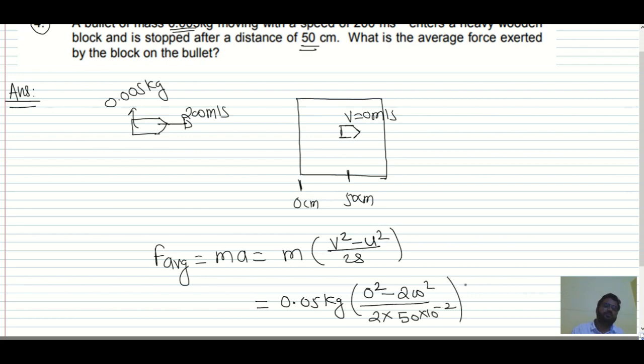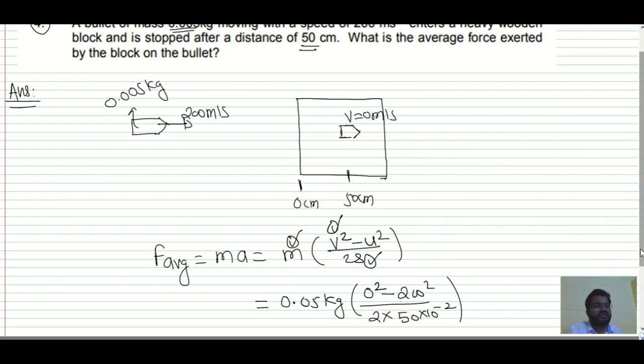Now see, the very important thing that most students lack is this: most students will take mass in gram, velocity in centimeter per second, and displacement in meter, right? This is wrong. You have to use either CGS or SI. So this is very, very important. You have to take all the units the same. If you take SI, you have to take SI throughout. If you take CGS, you have to take CGS throughout. Okay. So this is very important.